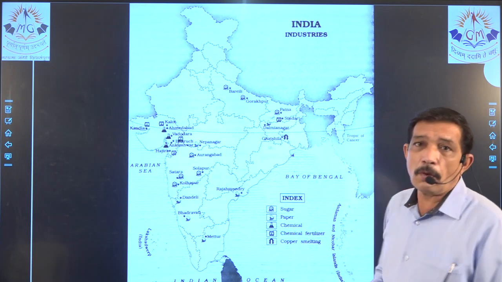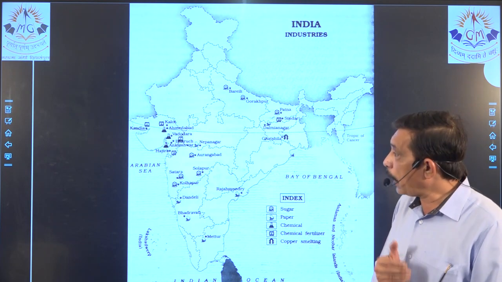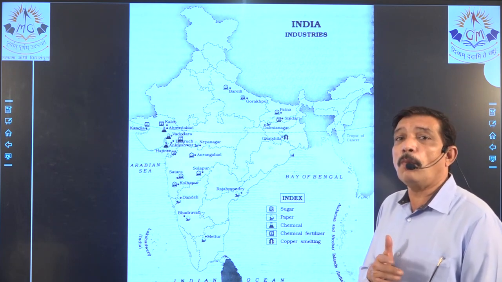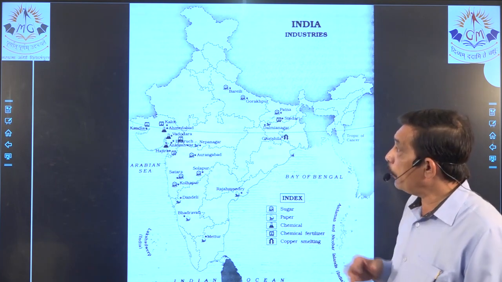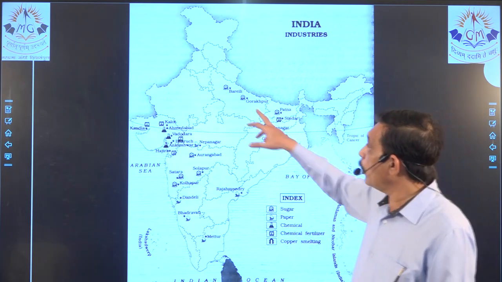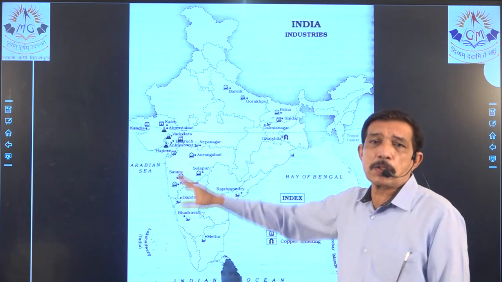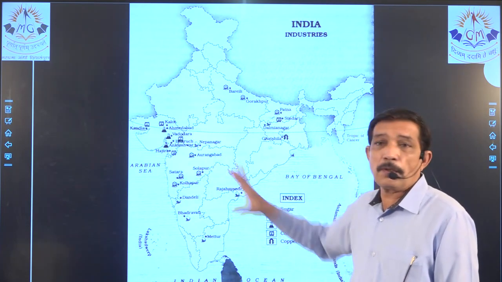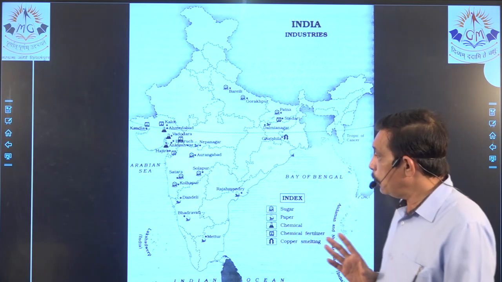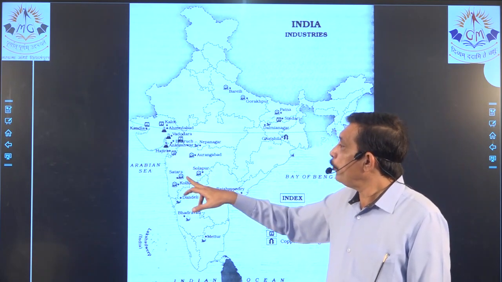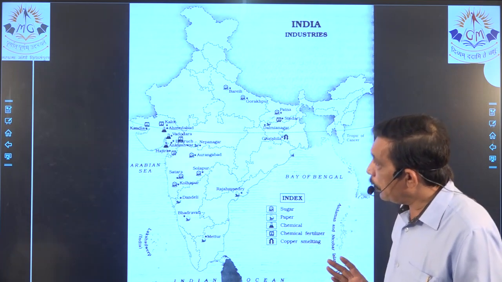Now sugar, we know the major sugar producing states are UP, MP and Maharashtra, where Maharashtra is producing more sugar and UP is producing more sugarcane, right? But both are producing sugar. So we have Gorakhpur over here and Bareilly over here in UP, and in Maharashtra lots of places are there, right? So you practice 2 or 3 of them so that you know approximately where they are to be marked. Then Aurangabad, Solapur, Satara, Kolhapur, these are the important places producing sugar and sugarcane both.